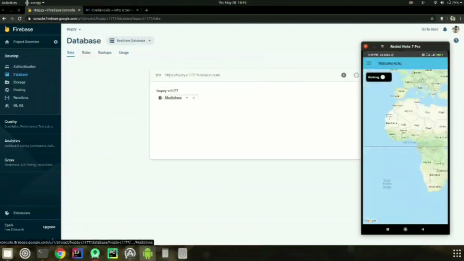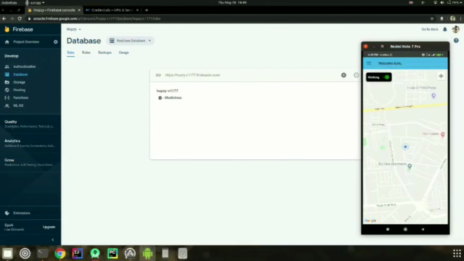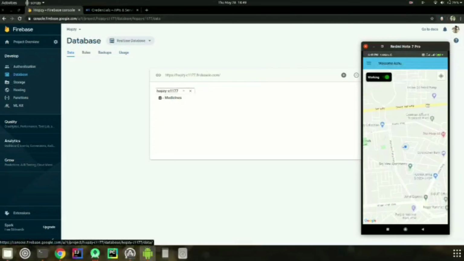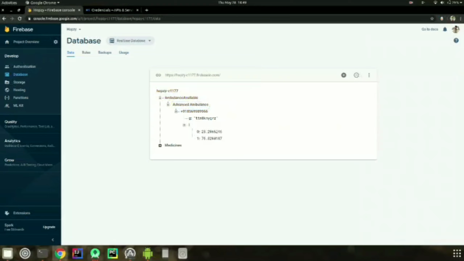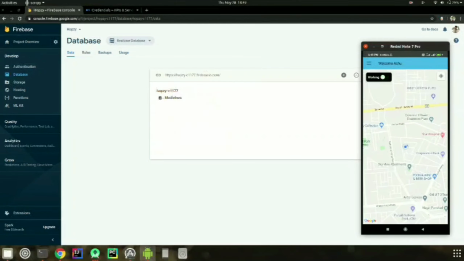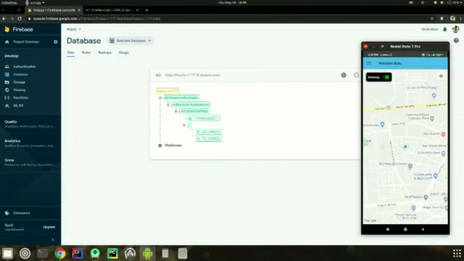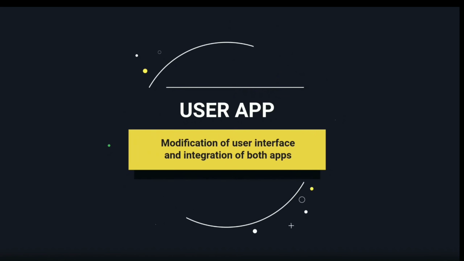There is a working switch which tells whether the ambulance driver is working or not. If it's on, then the latitude and longitude will be updated every 5 seconds in our real-time database. As you can see, the latitude and longitude is updated every 5 seconds in our real-time database. The app even works in the background. If the switch is off, then the node will be deleted. If the switch is on, the node will be created. The delivery partner section also works in a similar way.